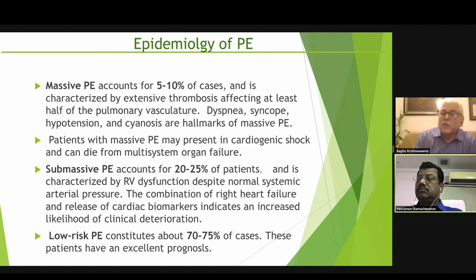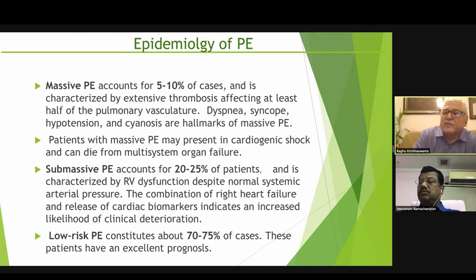So you can define what is the reason for the shock and the hypotension rather than incriminate pulmonary embolism. But if you do a D-dimer in such a setup, and the D-dimer is positive, then even if the RV is normal, you need to go in quickly with a CT angio to make sure that you're not dealing with a pulmonary embolism. Yes, sir.